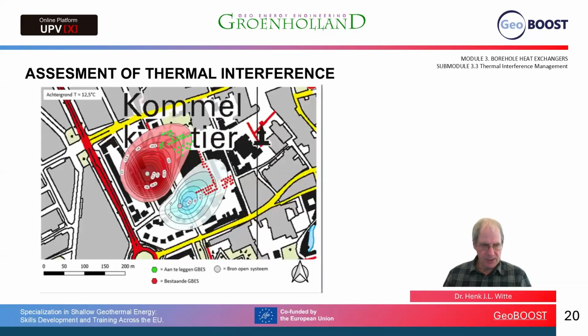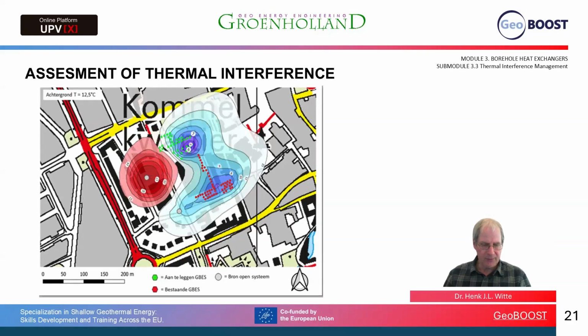So here we see an example of two open wells, a cold well and a warm well, with, indicated by the little red and green dots, closed loop systems in the area as well. So the first calculation that we do to assess this is only the open loops are active, the closed loops are not active, and we then take a look at what the extraction temperature of the warm and the cold well are. If we then activate the closed loop systems, you can see that the cold well becomes completely a different